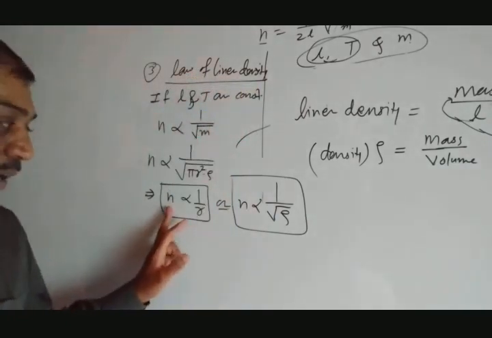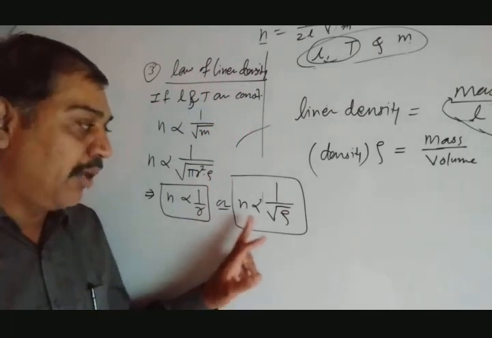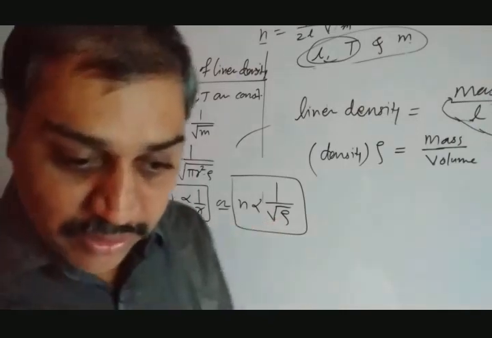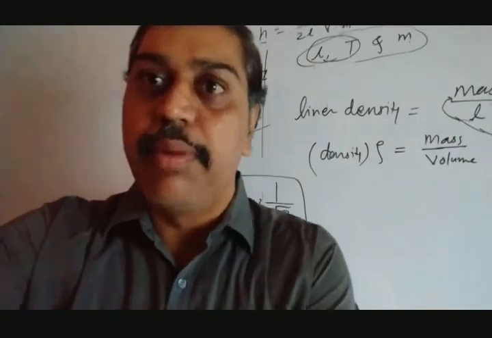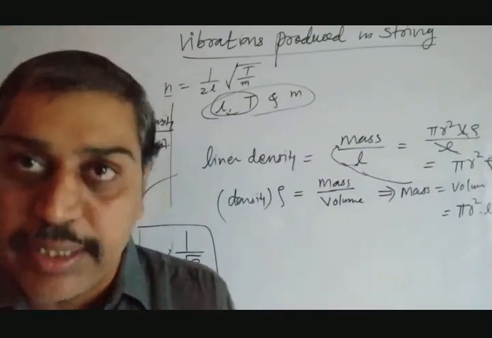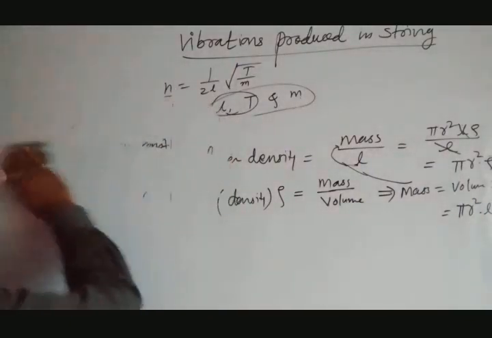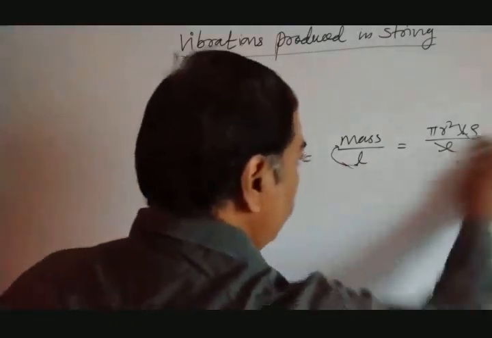So the fundamental frequency is inversely proportional to the radius of the string, and inversely proportional to the square root of the density of the string. So these two conditions we have found here. Further, we have to go to the new experimental method that is said to be the sonometer. What exactly is a sonometer? These laws can be verified by using one instrument, and that instrument is said to be the sonometer. Before going to the sonometer, remember the 3 laws we have seen: law of length, law of tension, and